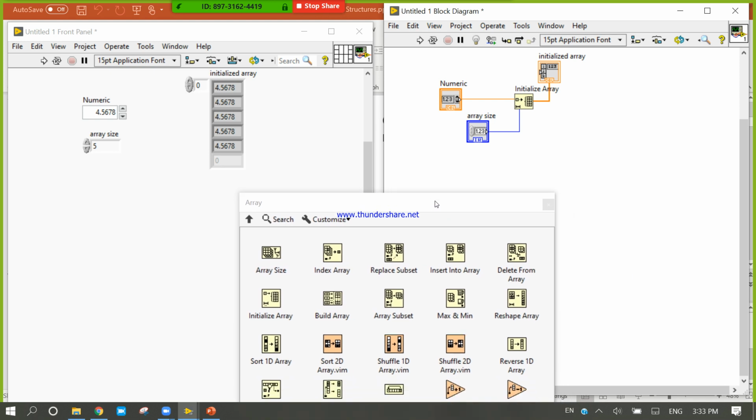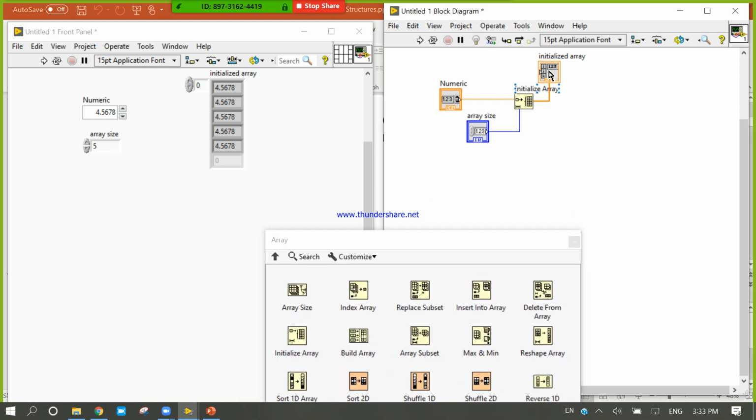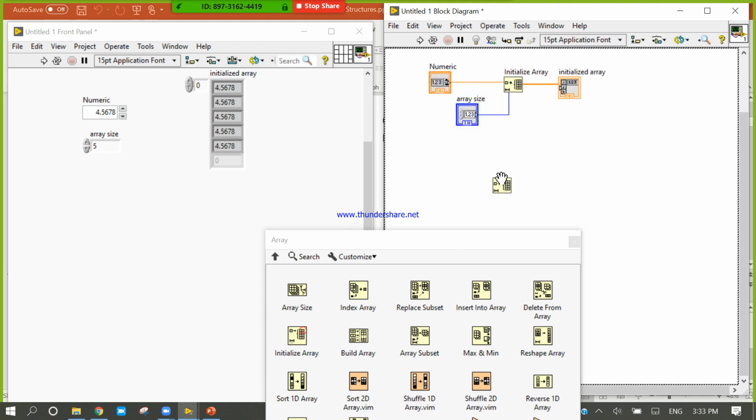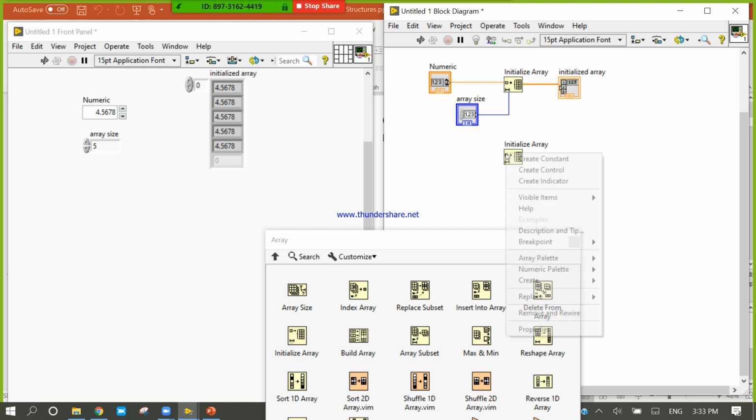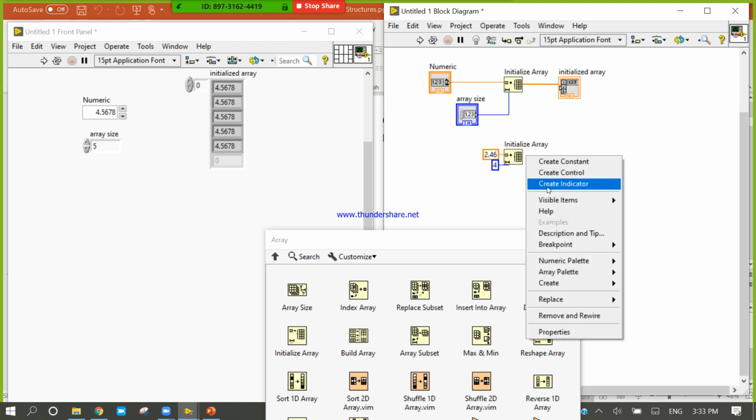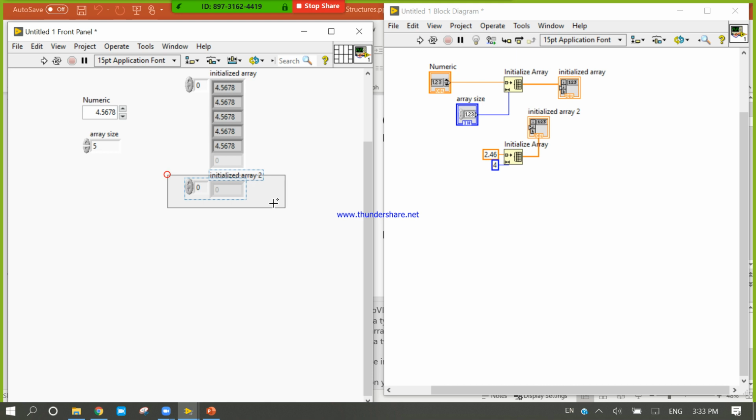Nice. Let's see again. Same program, same problem. Take initialize array, right click, create constant, and I want to generate 2.78. I want an array with the value of 78. Now my array size will be 4. Now you can see we will generate an array. If you do not understand the functionality of arrays, then you cannot control the data type, and you cannot work with data processing.